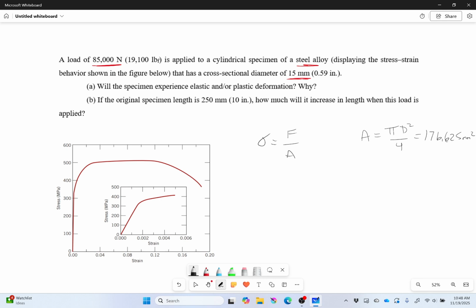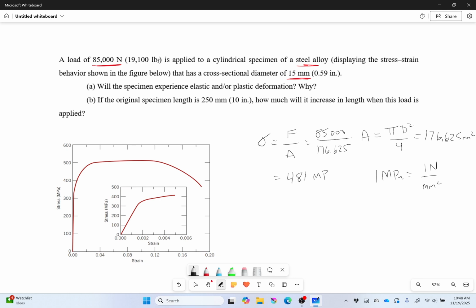Now, I'm leaving it in millimeters squared because 1 megapascal is equal to 1 newton per millimeter squared. I can't say it enough. This is a great conversion. Don't forget it. And so now I can just plug everything in. So I have 85,000 all over 176.625. So that stress comes out to be